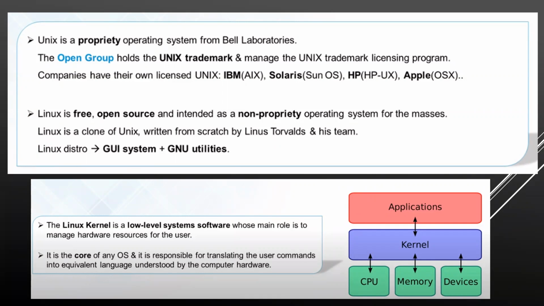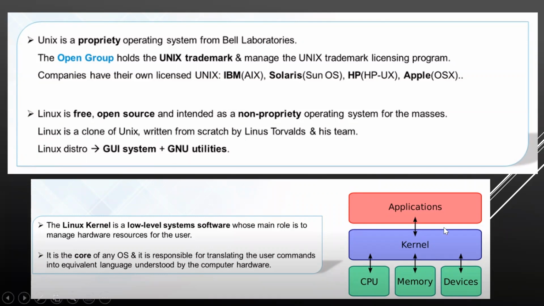Unix was owned by Bell Labs, and then it was sold to other companies for a good amount of money. But then a guy called Linus Torvalds came up with an exact replica of this, and he gave it free to everyone. So now we have hundreds and thousands of versions of Unix, or Linux, available in the market. Linux is a very low-level system software, meaning it does not have lots of features, but when you talk about servers, it gives you all the features which you need.